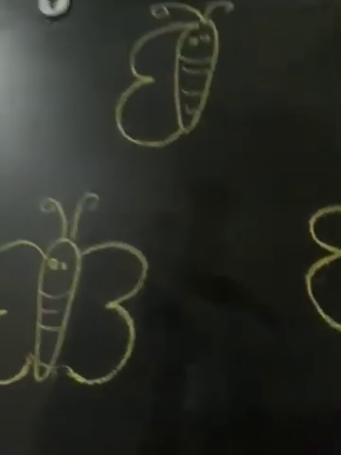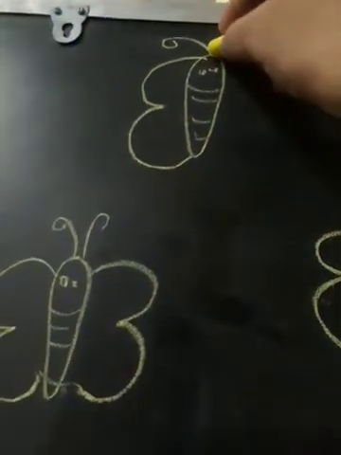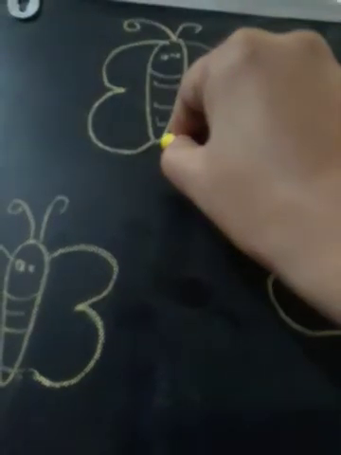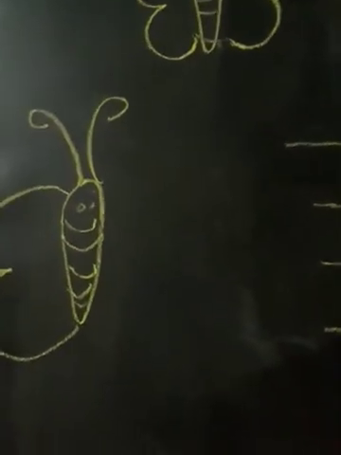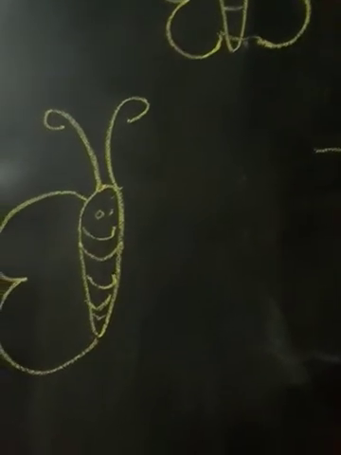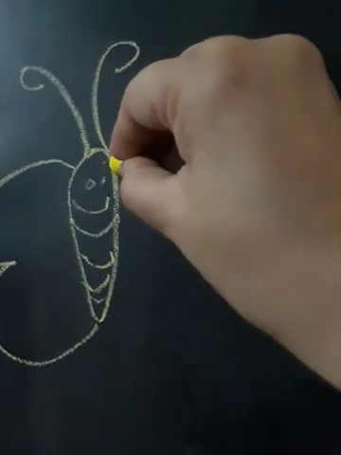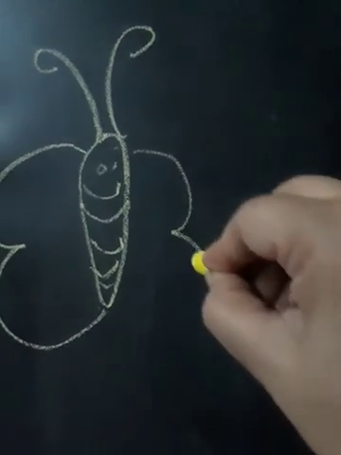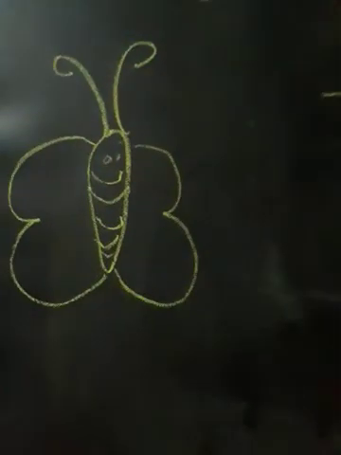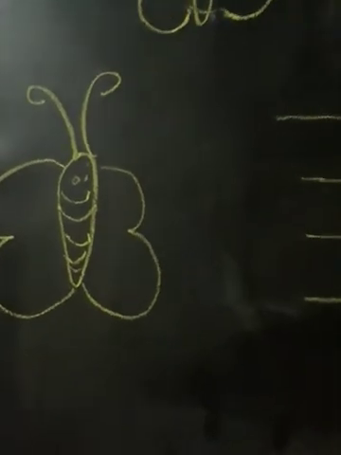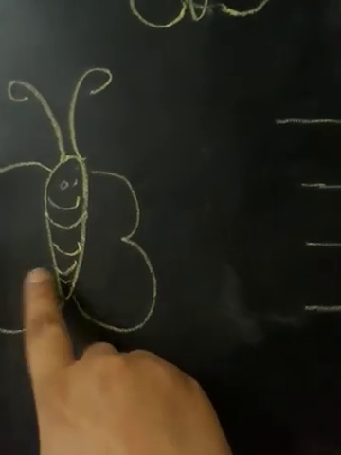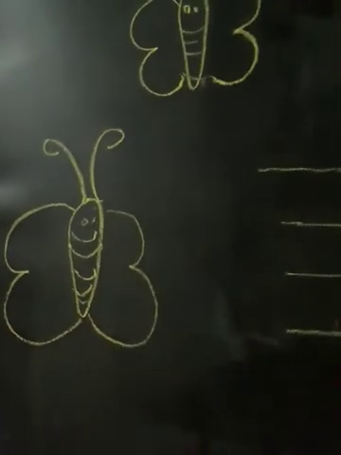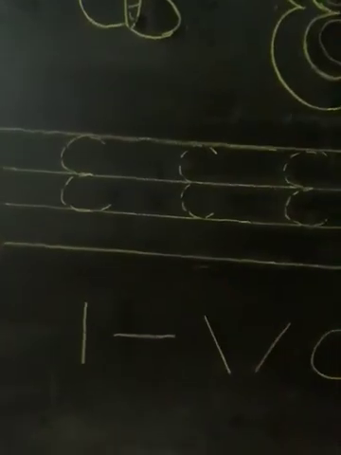It is so simple. Like the one wing is there. Another I can make one curve. Then a second curve. And the wing is ready. Wow. See, this butterfly is having one wing. Can you draw another one? Yeah, I can. This wing, then this wing. Yay! Now the butterfly is having both her wings. Remember, butterfly is having two wings now. Now she is complete. This is so simple.